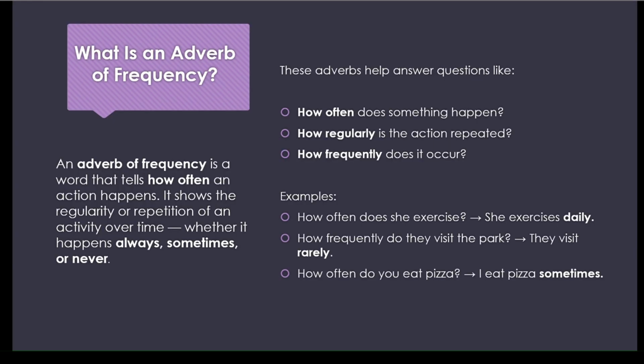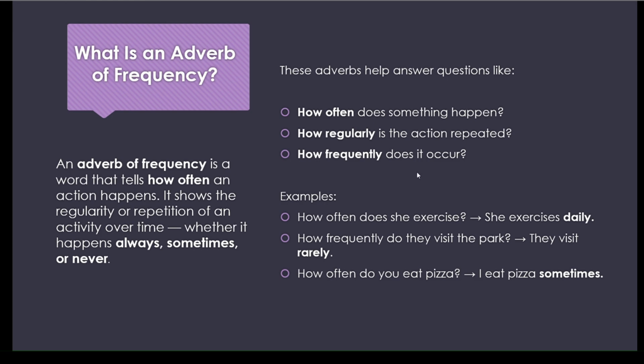Let's begin. What is an adverb of frequency? As I said before, an adverb of frequency is a word that tells how often an action happens. It shows the regularity or repetition of an activity over time, whether it happens always, sometimes, or never. These adverbs help answer questions like how often does something happen, how regularly is the action repeated, and how frequently